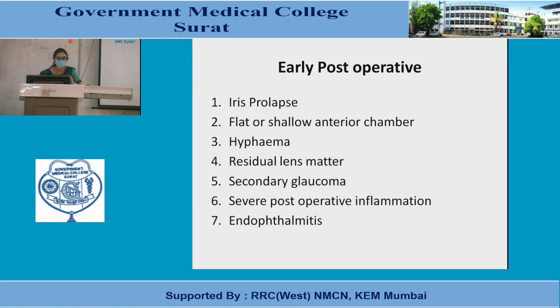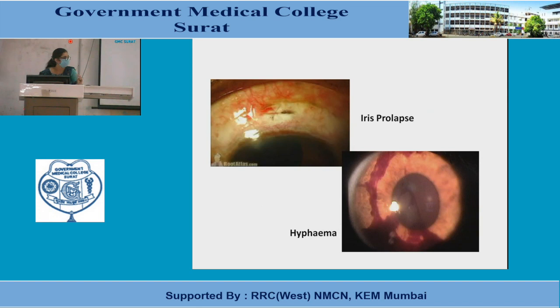The most threatening early post-operative complication is endophthalmitis. So this one has to be very clear. The medical management, everything has to be very clear. So just look, iris prolapse on day 1 post-op. If your wounds are not healthy, if you have not prepared the tunnel, or the suturing is not proper, this type of iris prolapse can be seen and this has to be managed surgically. You have to repose it and again do the resuturing part.